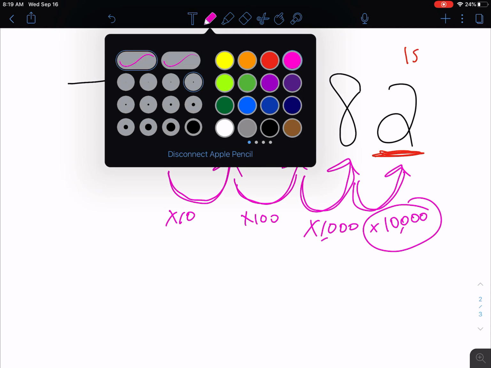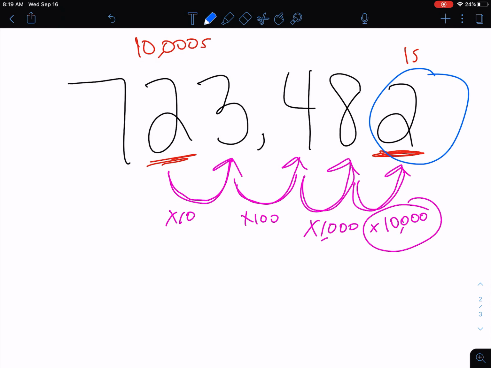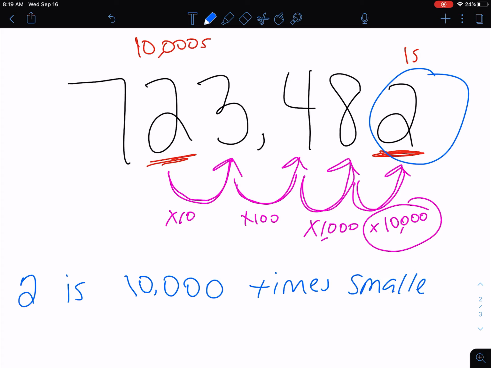And we know that the value of this 2 is 2, and we know that it is 10,000 times smaller than the value of this 2 in our 10,000s place, which is